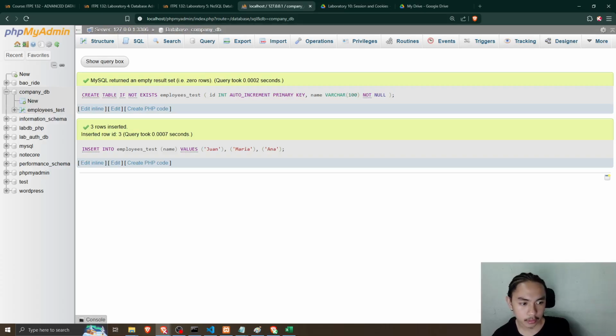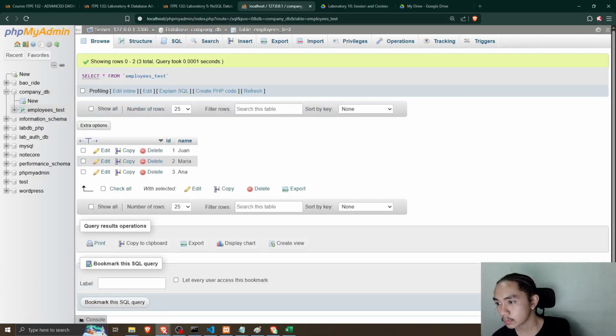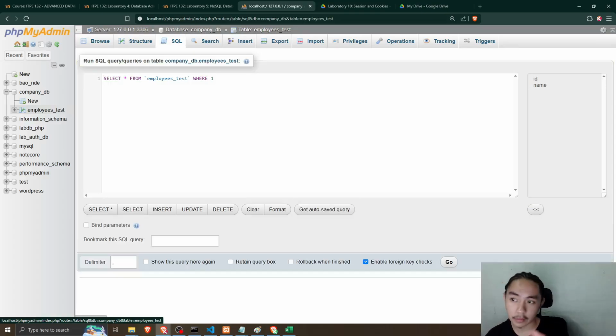Database security and integrity to create. Let's create another table. I think this was on my recent laboratory, so we'll just disregard that for now.